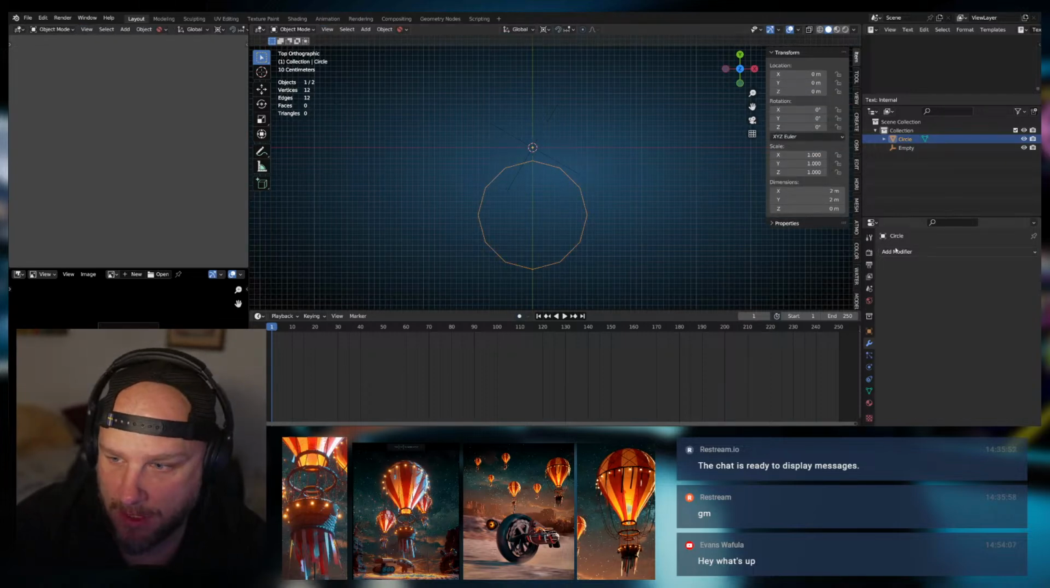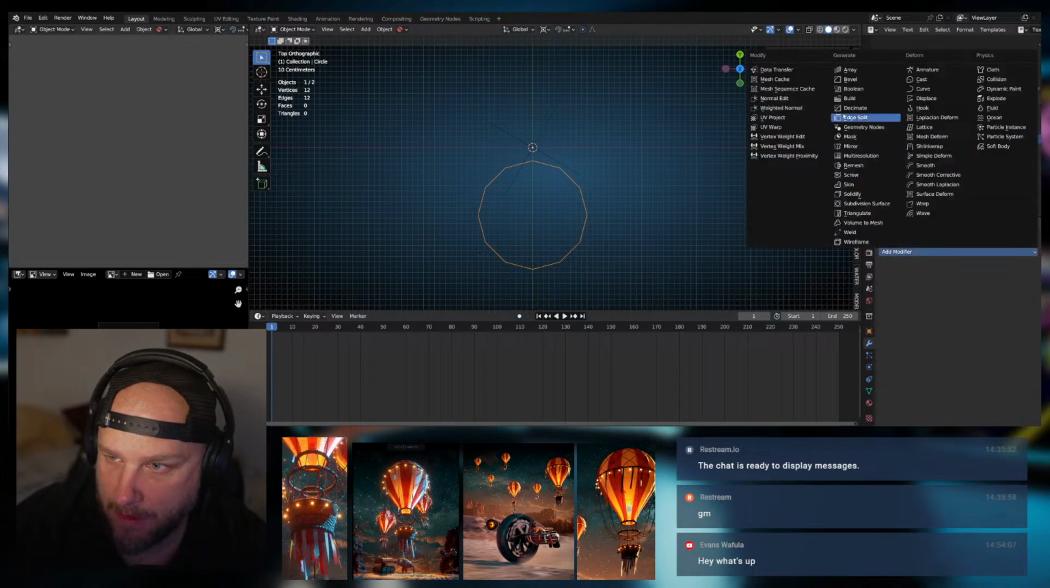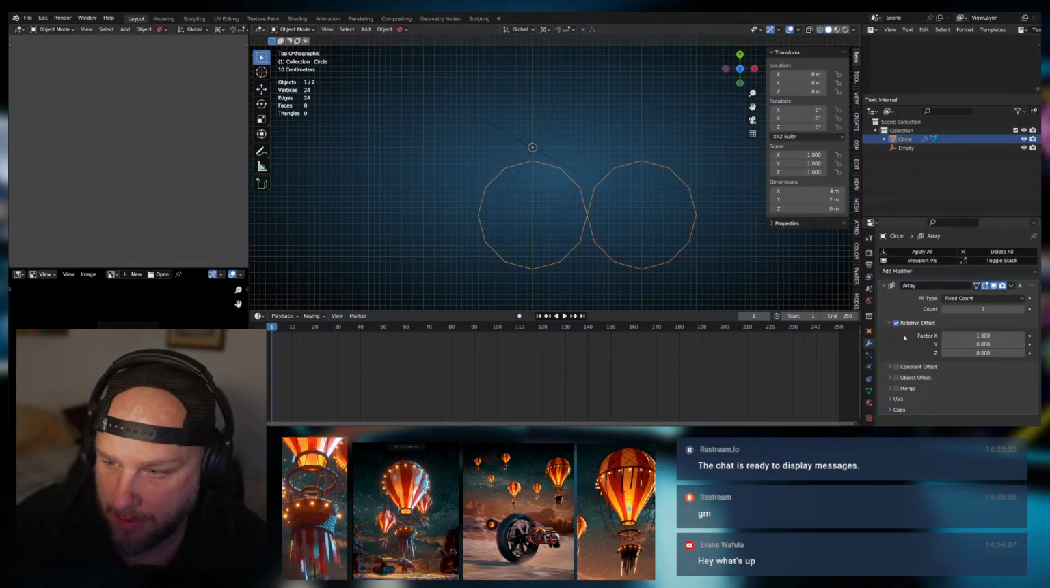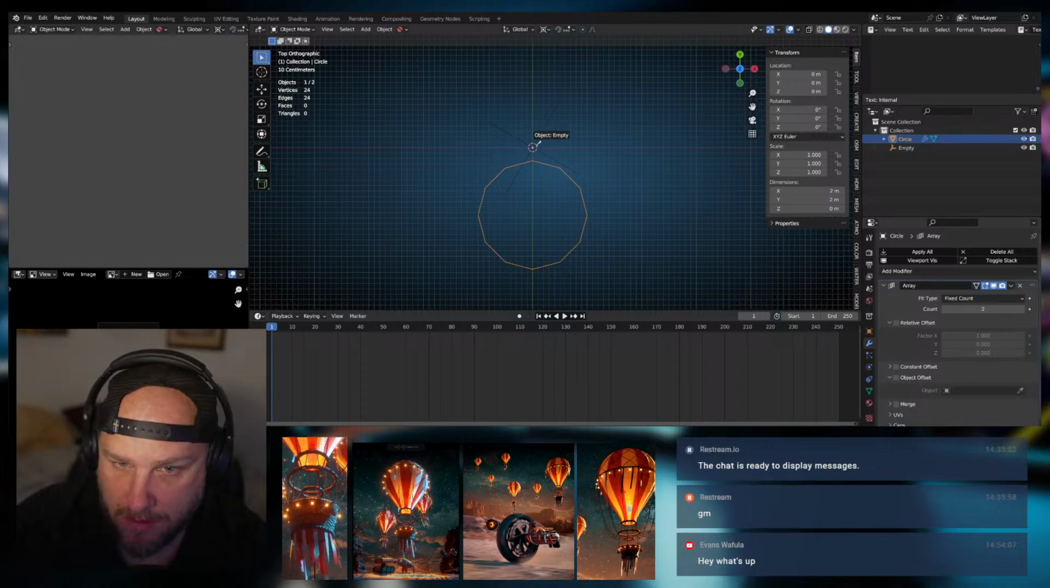So if we go to object mode and we add an array modifier and we set it to object,